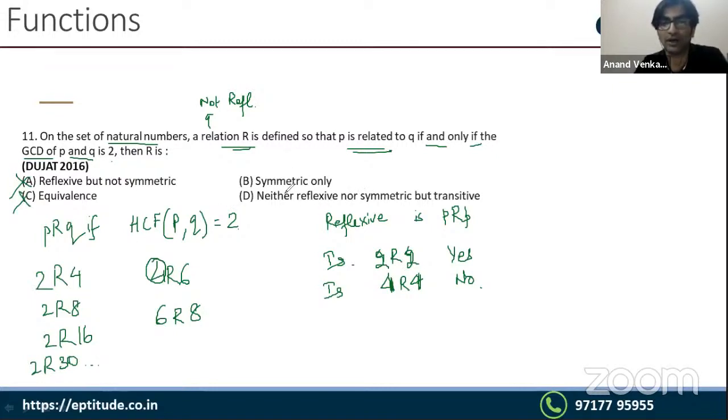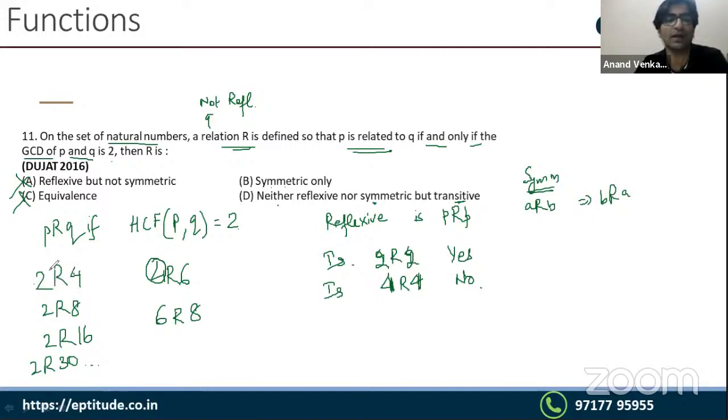तो अब सिमेट्रिक हो या ना हो इससे समझ में आ जाएगा कि बी में सिमेट्रिक है, डी में सिमेट्रिक नहीं है, सो आई नीड टू चेक दैट। सो इज इट सिमेट्रिक और इज इट नॉट सिमेट्रिक? ओके, लेट मी चेक सिमेट्रिक। एक्चुअली ट्रांजिटिव से चेक करने से भी हो जाएगा, बट लेट मी स्टिल डू इट। सिमेट्रिक कब होता है? ए रिलेटेड टू बी मींस बी रिलेटेड टू ए, है ना? मतलब यहाँ पे एक बार वैल्यूज देख रहे हैं, 2 रिलेटेड टू 4 मतलब 4 रिलेटेड टू 2 होगा।